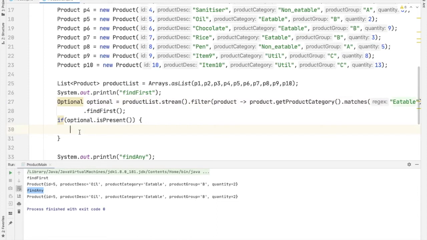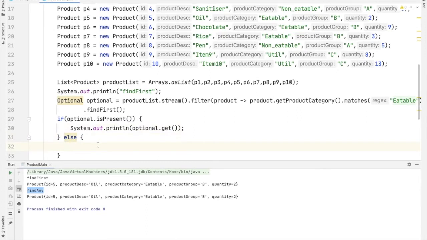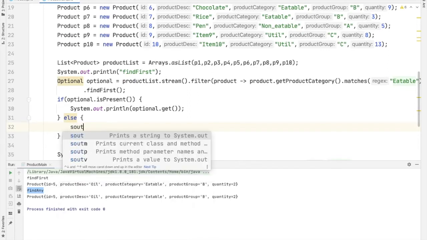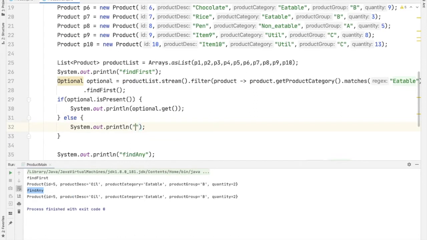Inside this I am going to print the result using optional.get(). The get method is used to retrieve the value. Otherwise, if it is returning false, that means the result is not there and the predicate is not matching. In this case, I am just printing "no matching element".